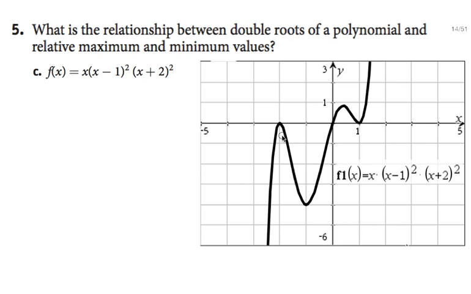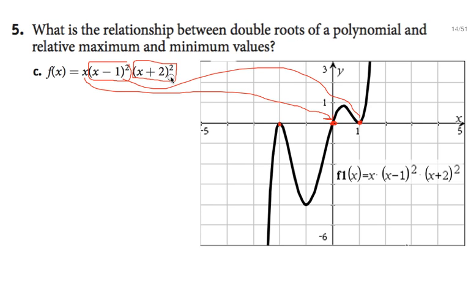And we have x-intercepts right here at -2, at 0, and at +1. Okay, and this x is giving me an x-intercept right here, at 0. This factor here is giving me the x-intercept at +1, and then this factor here is giving me the x-intercept at -2. Okay, so hopefully you figured out by now, or you recall, that